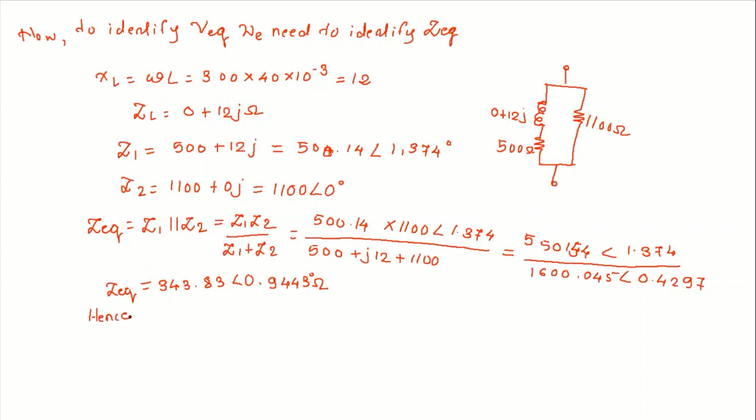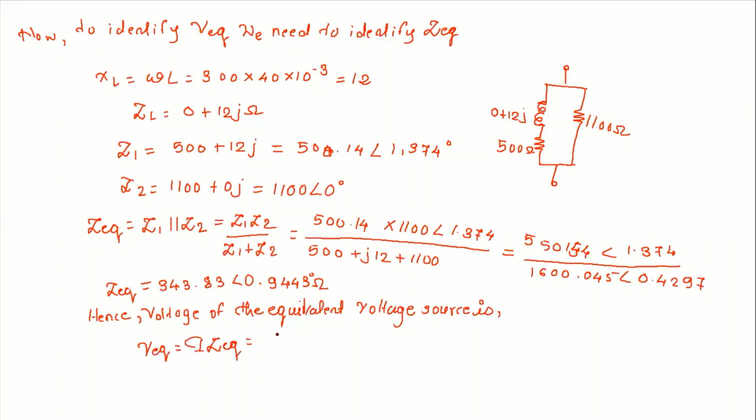Hence, the voltage of the equivalent voltage source, VEQ, is equal to I into ZEQ, which is equal to 15 at an angle 30 degree into